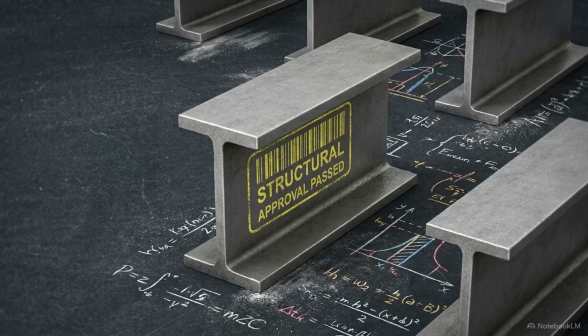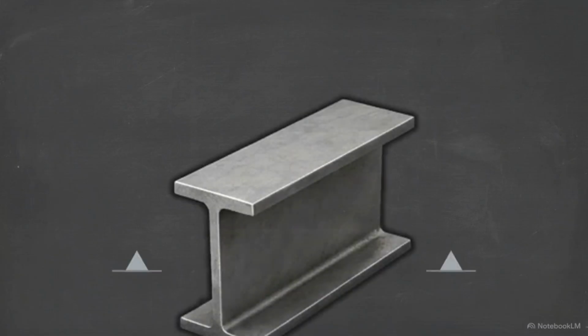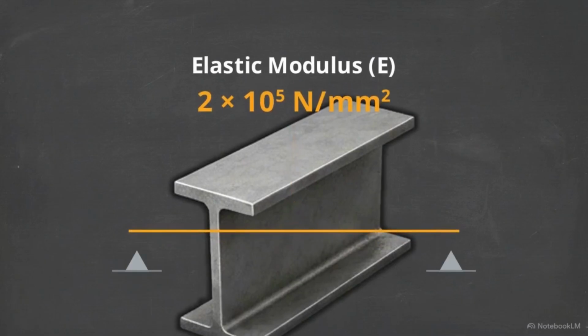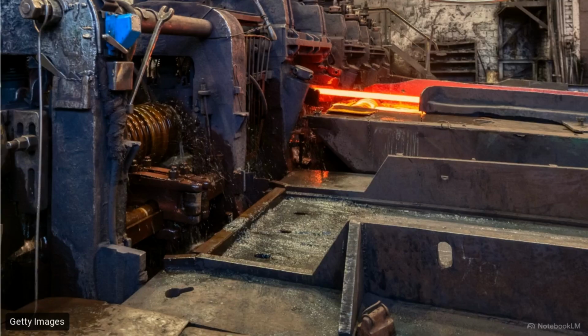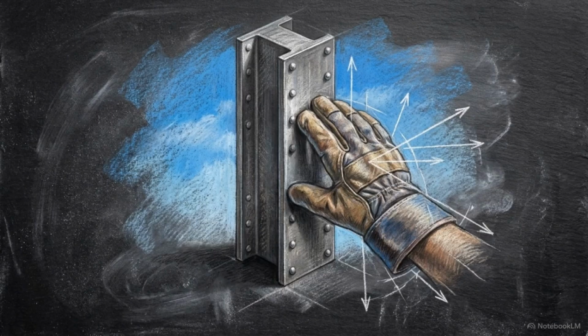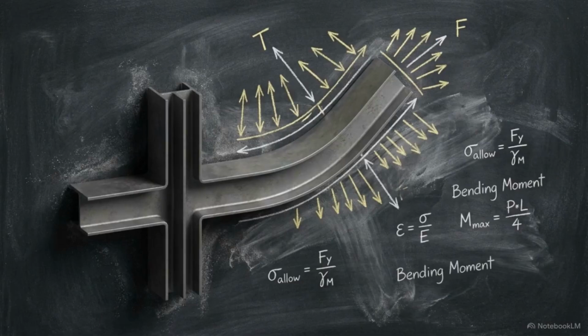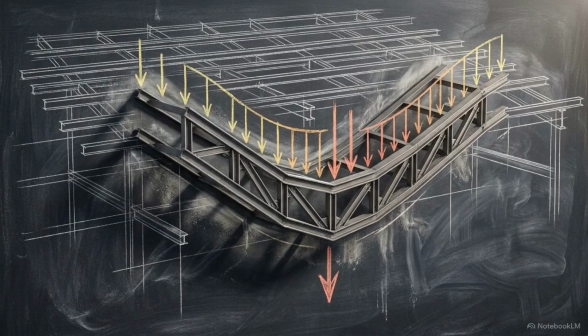Most structural work relies on mild steel, such as IS 2062 grade Fe 410. This provides a standard baseline elastic modulus of 2 × 10⁵ newtons per square millimeter. This grade establishes a typical yield strength boundary of 250 megapascals, the standard starting point for our structural calculations. Ductility is our primary safety mechanism. It allows steel to yield locally, prevents sudden catastrophic brittle failure, shows visible evidence through heavy sagging, and redistributes stress